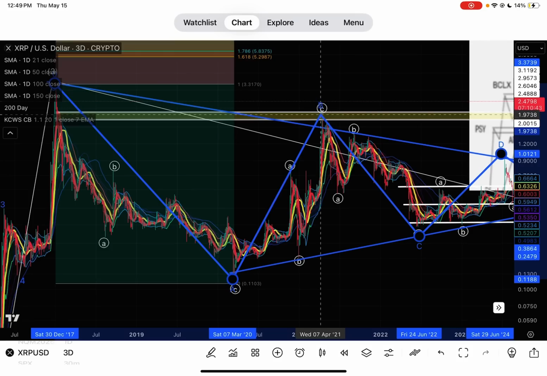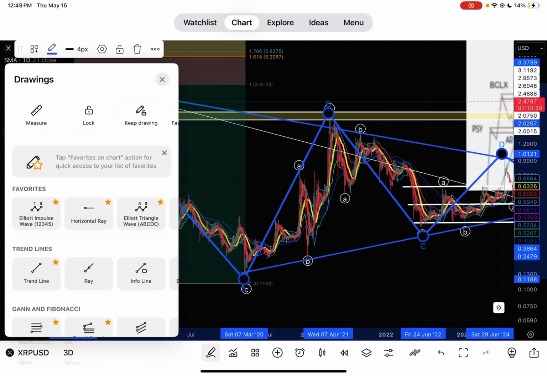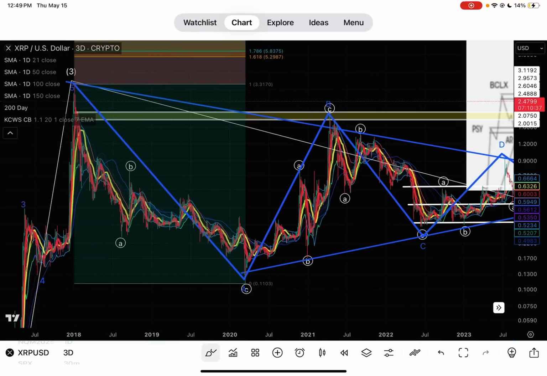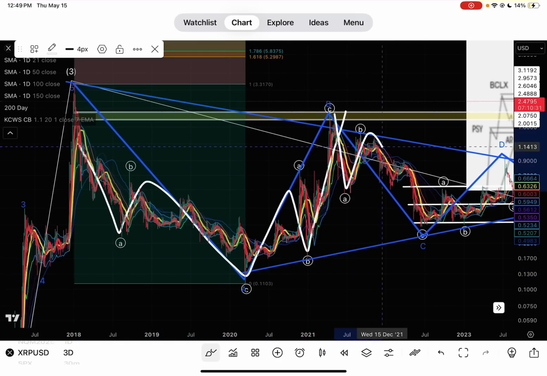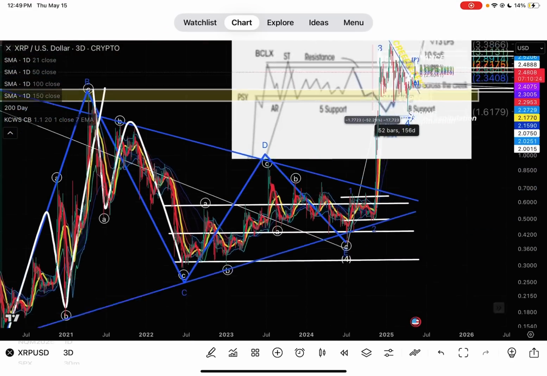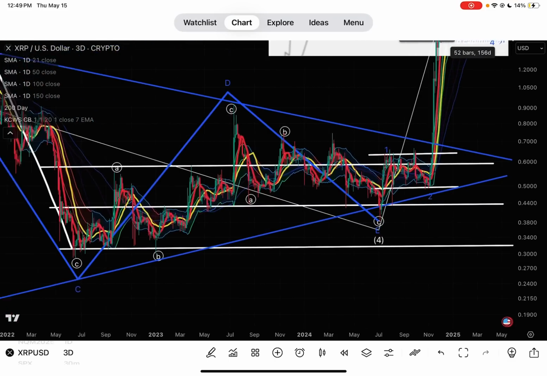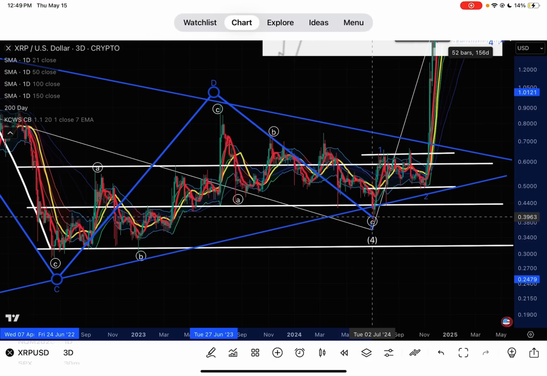Notice how the waves are overlapping each other and they subdivide into 3 each time, right? ABC down for your A, ABC up for your B, ABC down for your C. Another ABC up for your wave D, and then finally the last ABC down for your wave E, terminating